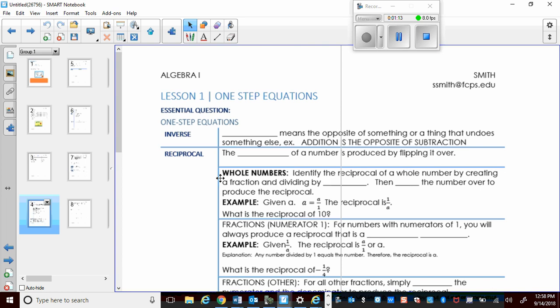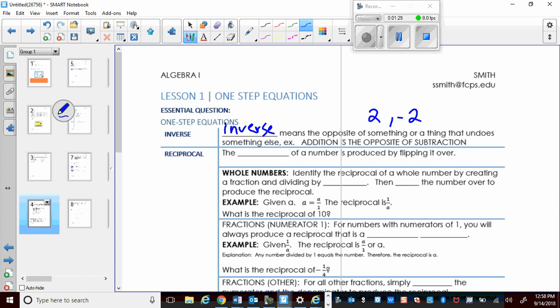one-step equations. So, for one-step equations, the inverse, it's just the opposite of something or a thing that undoes something else. So, the inverse of 2 would be -2. The additive inverse, that is. The reciprocal, on the other hand, it's